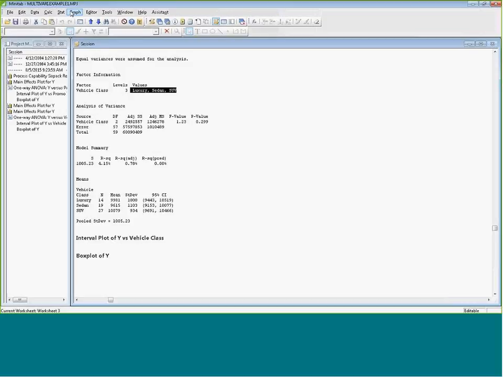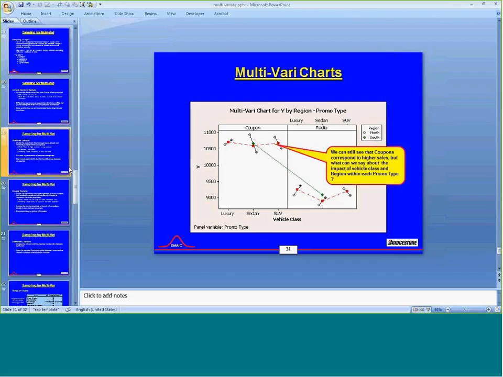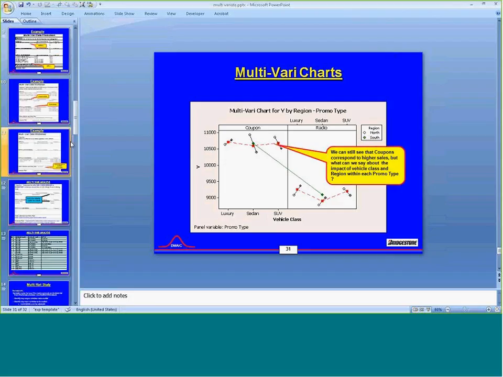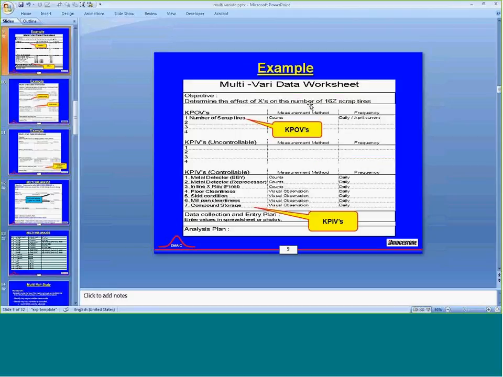So that is the thing with multi-vari coming in, setting up your study, filling out a worksheet, understanding the frequency that you need to collect data, and the variables you need to collect. And again, don't try to jump into this if you haven't done your cause and effect and your FMEA, because if I'm going to collect 30 data points